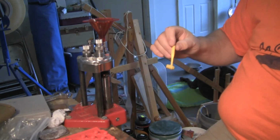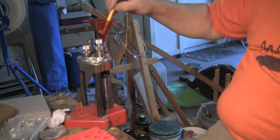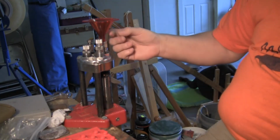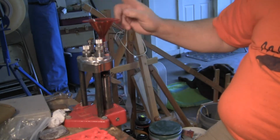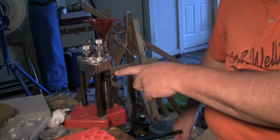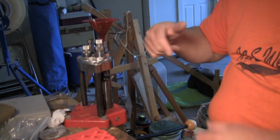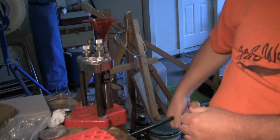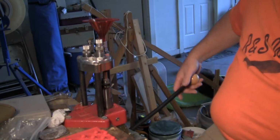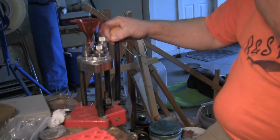This is a flake type powder, and so this is plastic, and it does build up a little static electricity when it's dry or cold. It's fairly humid now, so powder flows really good when it's humid, but it builds up static electricity when it's cold and dry, and you'll have to tap it, make sure it goes in all the way in there. Now when you come down on the round to bring it down, you'll feel that it catches right there. It's a little tube right inside here that's inside the neck of the case. When it breaks loose, it actually causes it to vibrate, and it makes any powder left in there drop down. And then once you come all the way down, it rotates the turret into place to the third